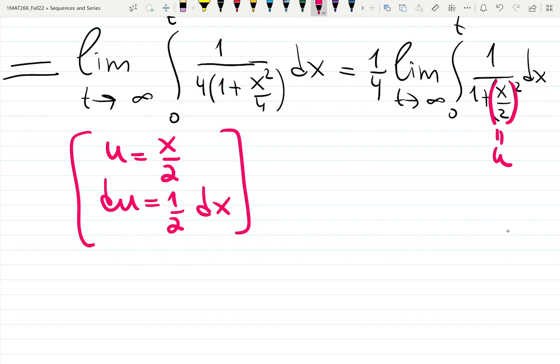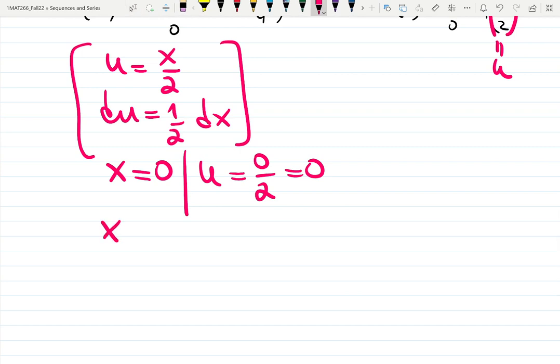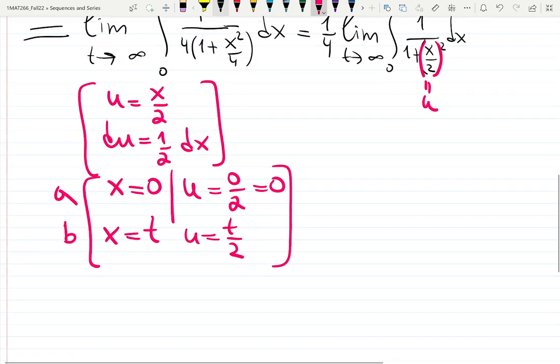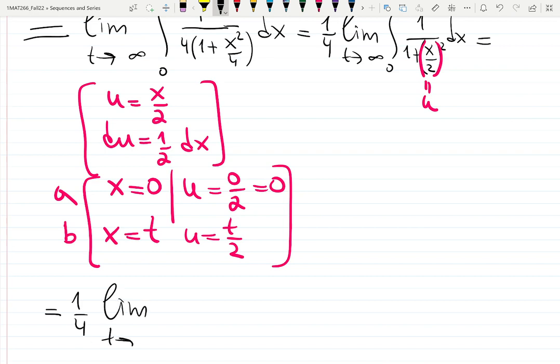So many people ask me what is happening here. Too many people ask already, so let me show it. When x is 0, u will be 0 over 2, which is 0. When x is t, u will be t over 2. Those are my new limits of integration, a and b. Changing, so 1/4 limit as t goes to infinity. Now we have the integral from 0 to t over 2,